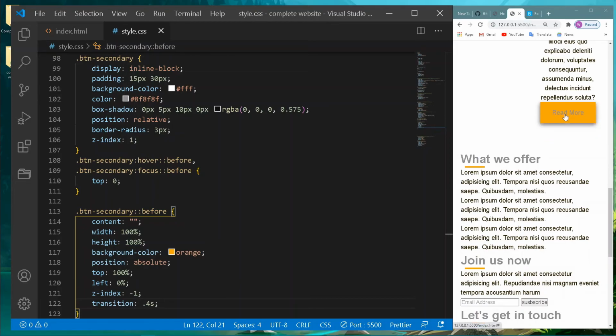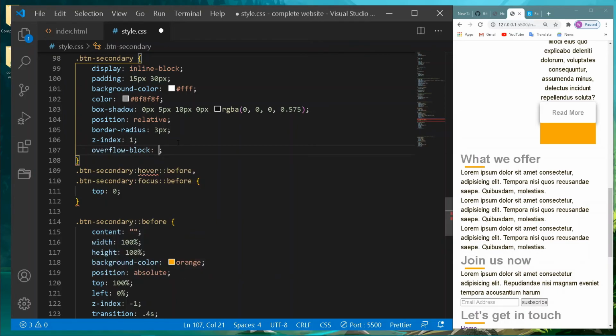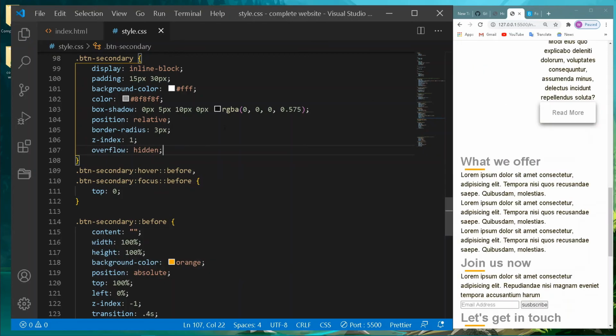The video I was talking about actually really explains everything in detail. That's why I'm not taking my time to explain everything here. Let me just give it an overflow of hidden, and let me save that. Whenever I hover, it just comes up neatly. And one more thing,